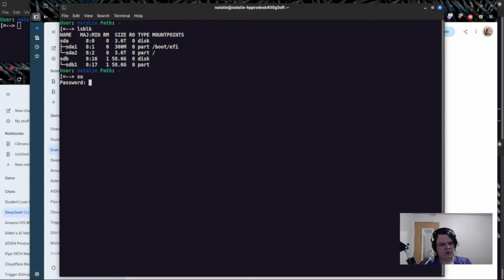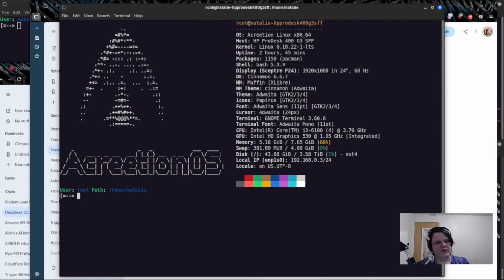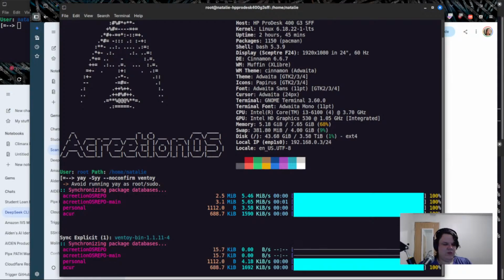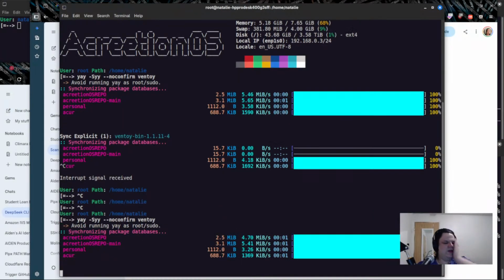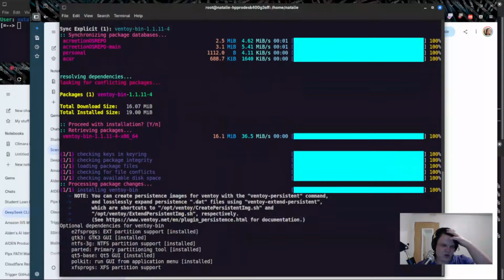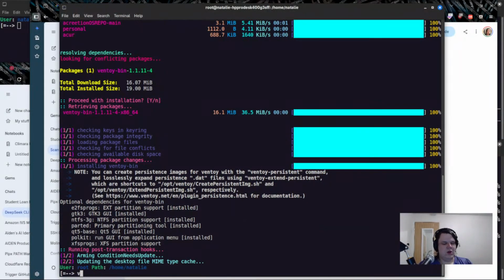We're gonna go ahead and do the sudo. If you guys didn't know, Ventoy is actually in the AUR. Just so you know. Put in my password. My root user. Pacman. No, we're using yay. And I know you're not supposed to use yay with root. I don't care, to be honest with you. Ventoy, it may be ventoy-bin. Yeah, okay, it did detect it appropriately. So yeah, all we have to do, pull it in, cool.